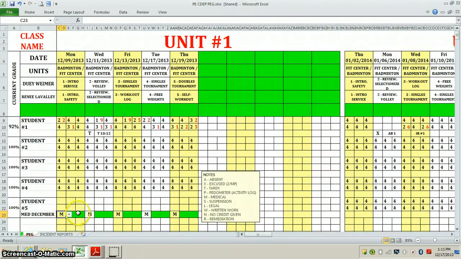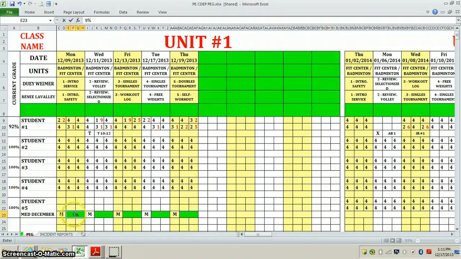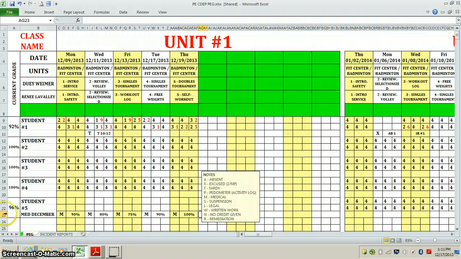So let's go back here. If student 5 was in medical all December, all you would do is type in the M and then type in the grade for that assignment, and it automatically averages in that day along with everything else. So if I just keep moving down the line here, putting in various grades, now all those averages for their medical assignments are now tallied in with the rest of the work that they